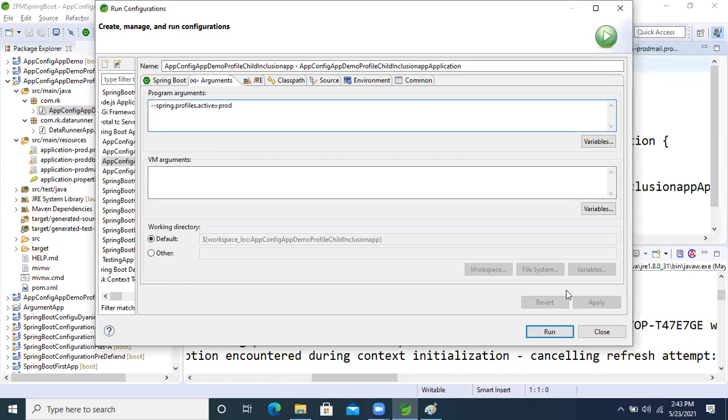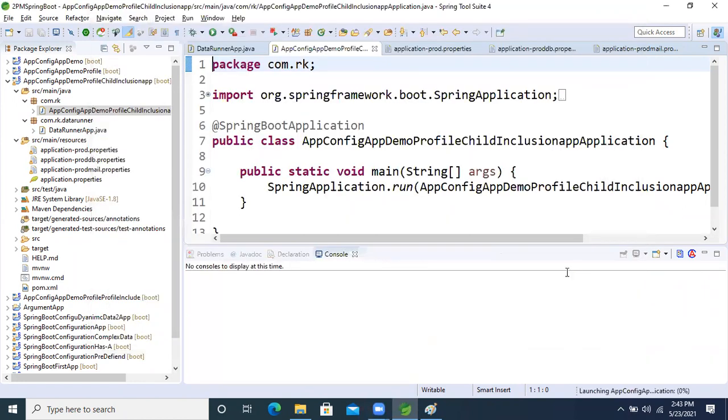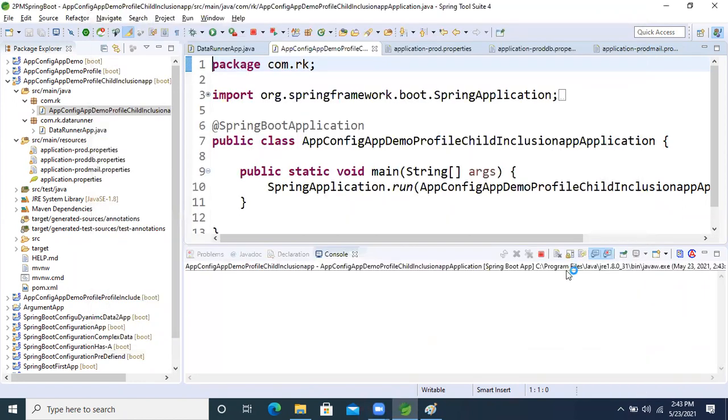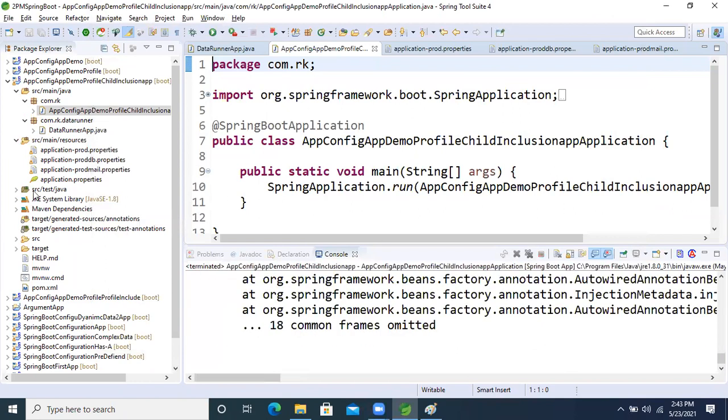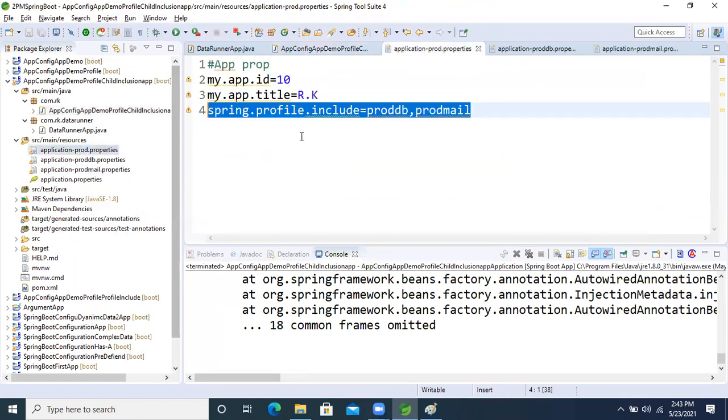Now, same only we are taking last also, right? Hyphen D for VM. No, Manjulata, no need. Why is it not taking? Application prod, right?